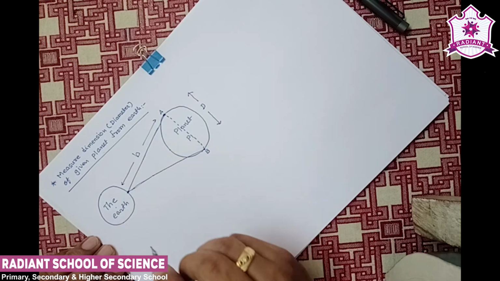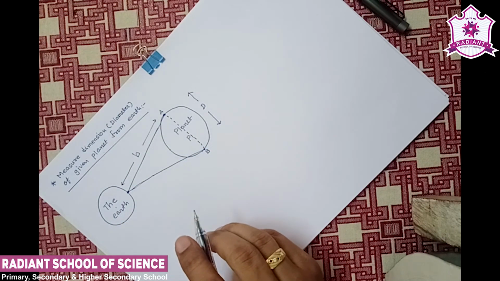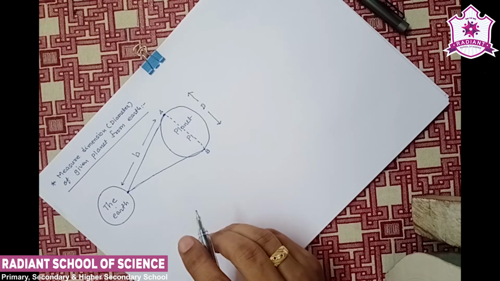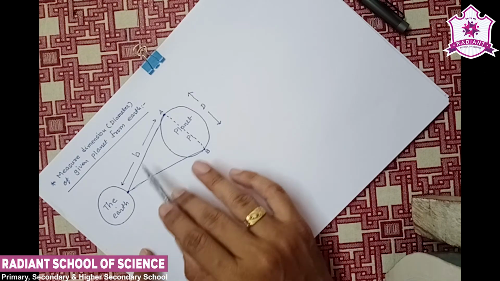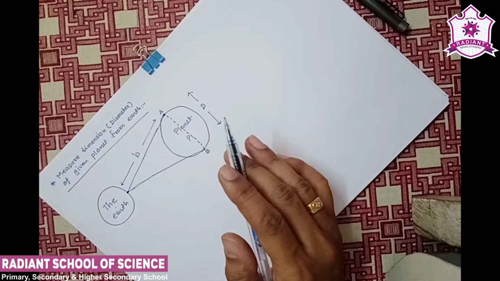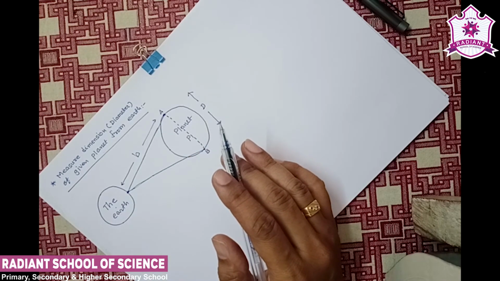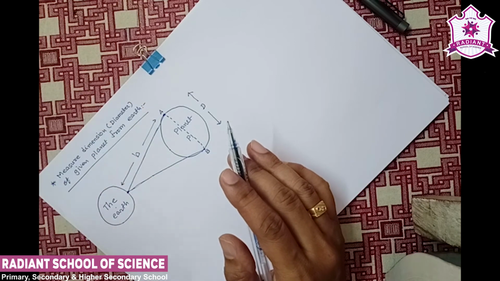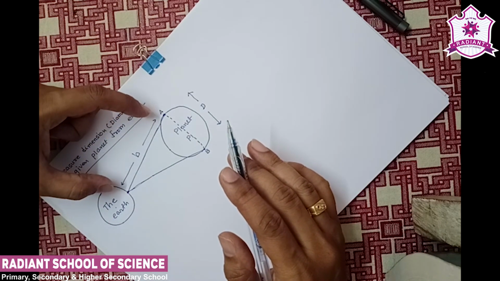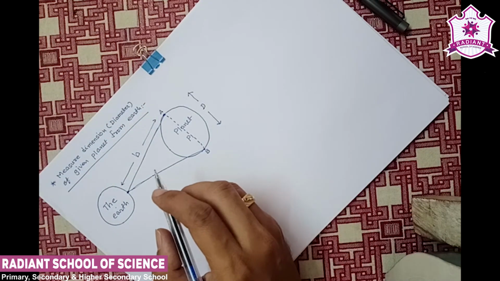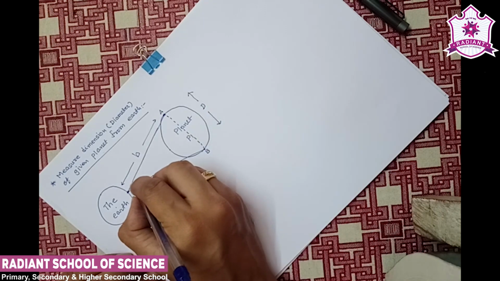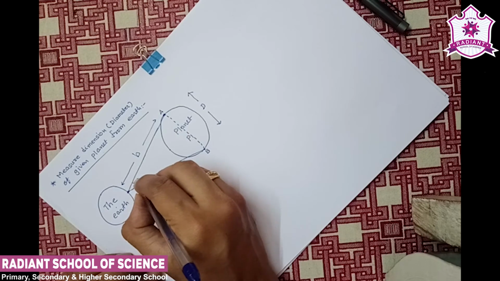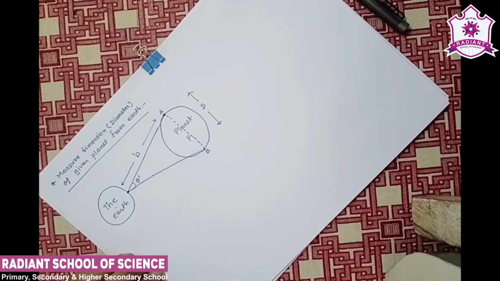this b is known by the parallax method. That means in the method we studied earlier, we learned how to find this distance, so we have applied the same thing and found out this b. Now what we need is to find out this D. Suppose here the angle is theta dash.